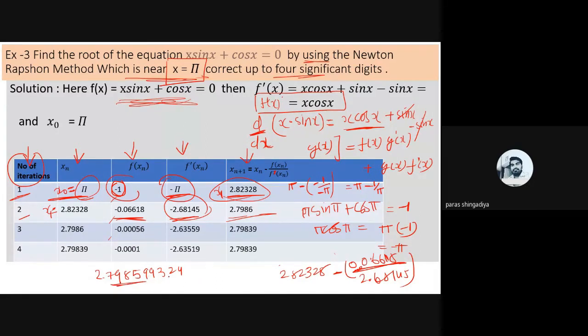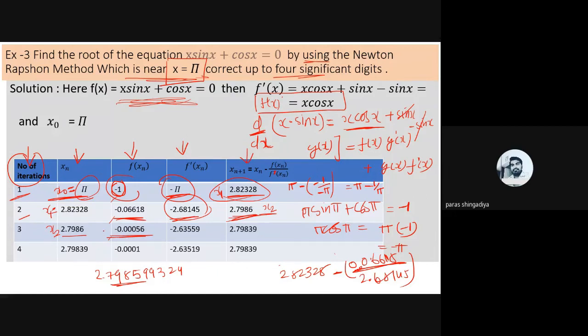So here it is 99324, so we can consider here 86. And you can also consider 85. No worry about that, you'll get the same answer at last, but it takes one more iteration, I think. So consider 86, 2.7986, that is the answer of x2. Use it here to find the third iteration, 2.7986, and now verify this value,